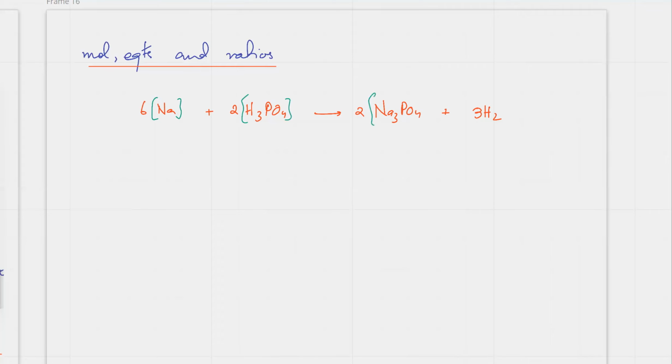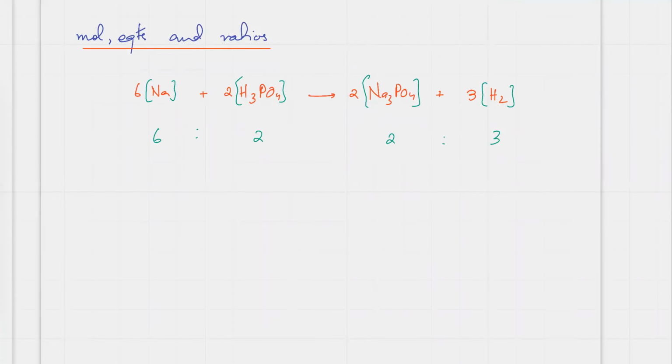So you've got this equation, and the equation has been balanced for you. Now the equation is a recipe which tells you the simplest whole number ratio: 6 sodiums are going to react with 2 phosphoric acid molecules, and they're going to form 2 sodium phosphates and 3 H2 gas molecules. So that's the ratio in which things are going to mix up, and in which the products are going to be formed. So if I have, let's say, 600 sodium atoms,